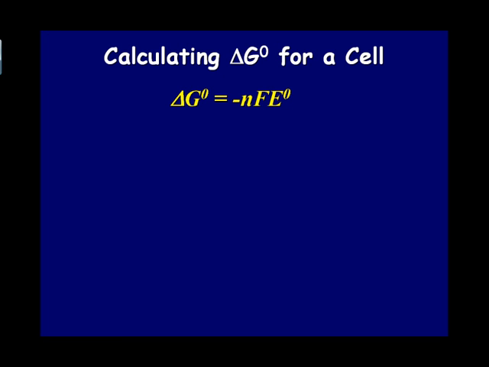And we've already previously discussed the fact that in order for a redox reaction to be spontaneous, the voltage must be positive. So what we're going to do is attempt to look at the zinc copper cell and apply the delta G equation to it. Now here's the zinc copper cell with the correct voltage calculated. So that 1.10 volts would be substituted in there for the E to the 0, which is the generally